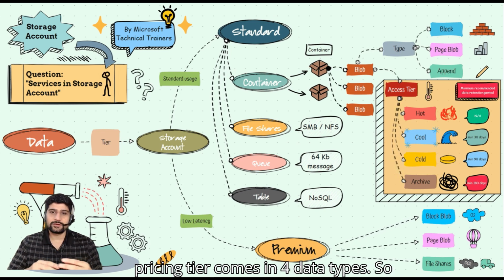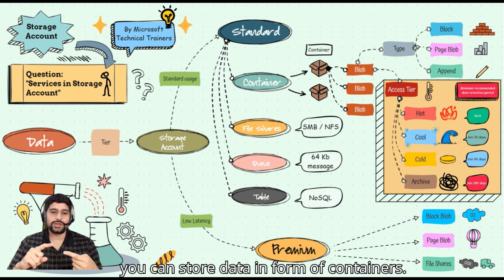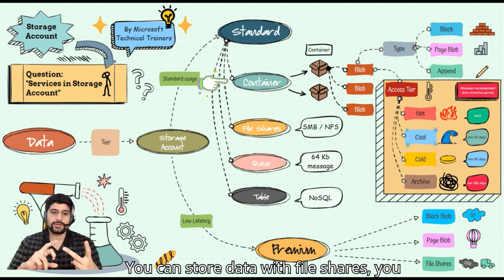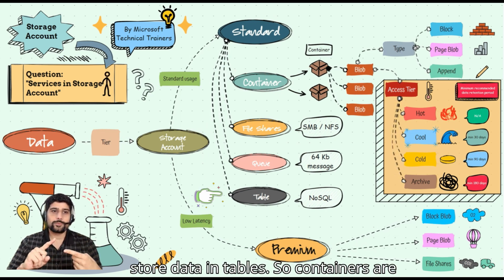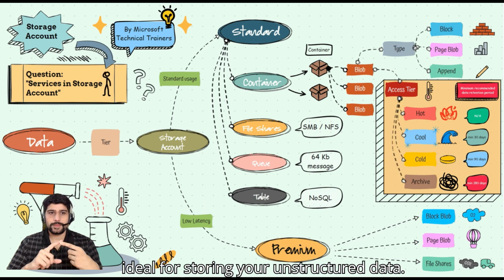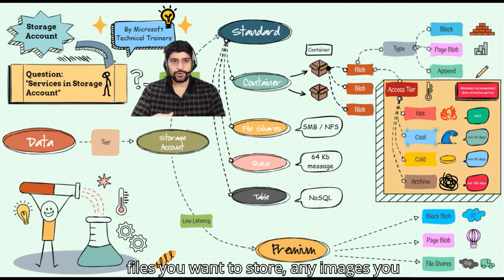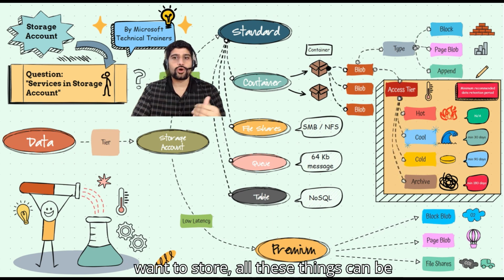Now the standard pricing tier comes in four data types. You can store data in the form of containers, you can store data with file shares, you can store data as queues, and you can store data in tables. Containers are ideal for storing your unstructured data. So any video files you want to store, any images you want to store, all these things can be stored